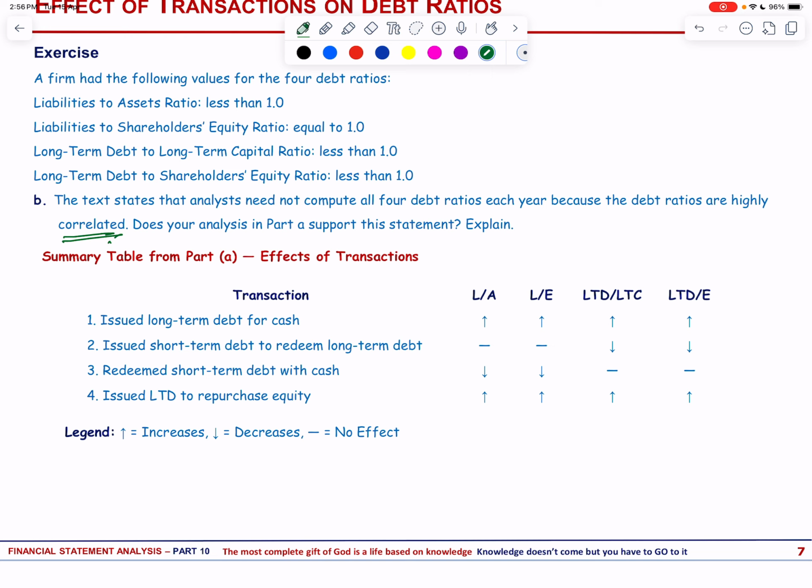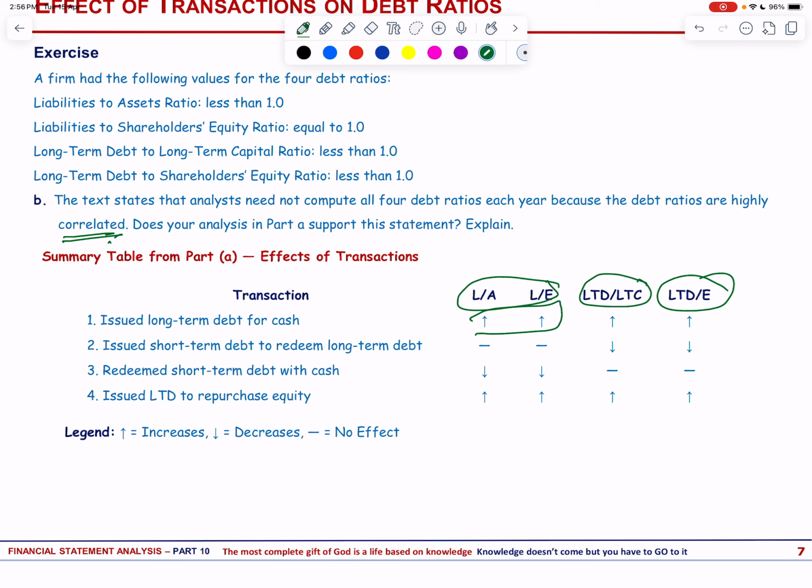You can see that the liability to assets and the liability to equity are correlated definitely, and the long term debt to long term capital and long term debt to equity are correlated. However, the analysis also shows that we cannot always rely on one ratio to infer the other, especially